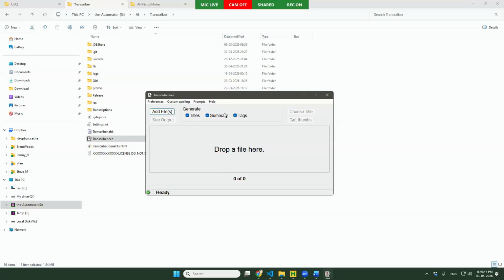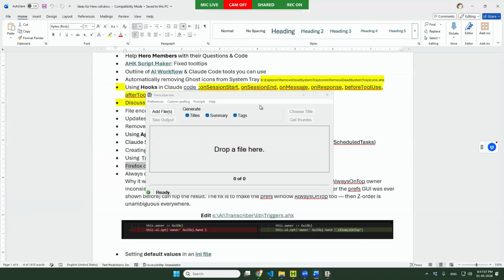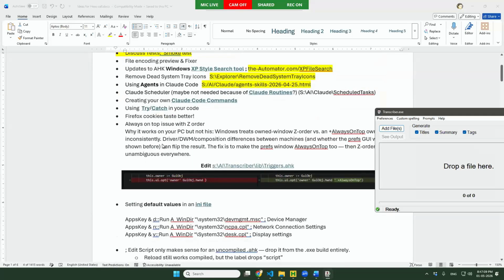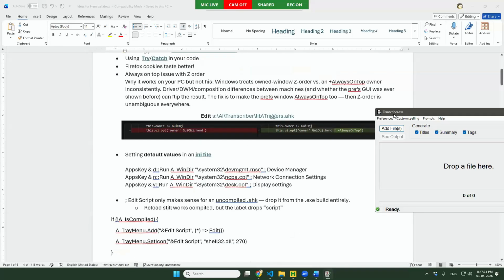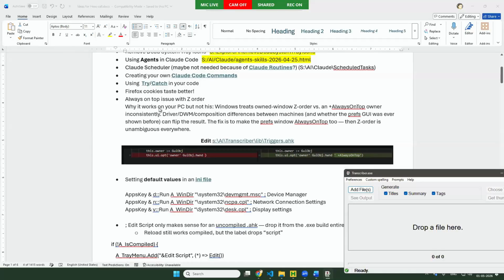That's why the disabled GUI is also always on top, but because the Z order gets flipped in some cases, it was not happening to me, but I told him that on the other computer it is happening. So flipping of the Z order would cause it. I just took the screenshot and mentioned it to the AI too: why does it work on your PC but not on his?